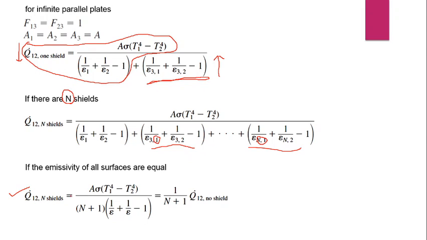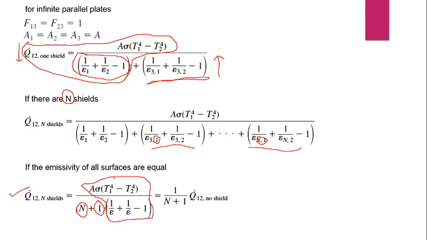q12 with n shields is equal to A sigma (T1 to the power 4 minus T2 to the power 4) divided by (n plus 1) times (1 divided by epsilon plus 1 divided by epsilon minus 1). Why did n plus 1 come? Because n is the number of shields, and why do we have 1 here from this expression? This is the extra one, that is because of the surface itself, right? So if you keep this thing separate,